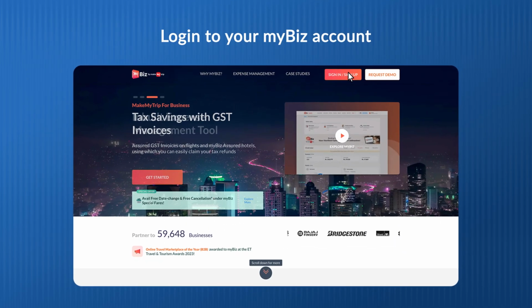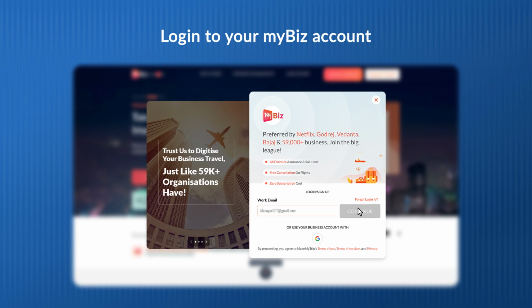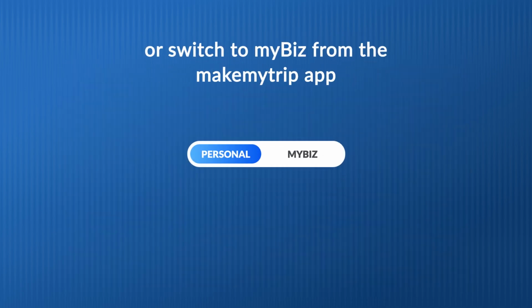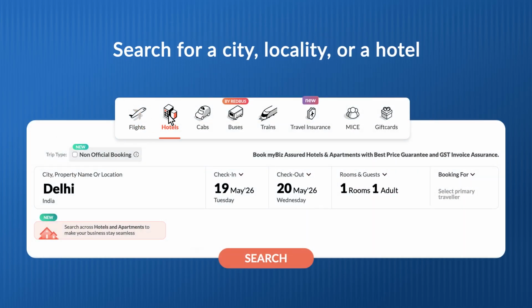Log in to mybiz.makemytrip.com or open the Make My Trip app and switch to myBiz. Tap the hotel's icon, search for a city, hotel or locality, set your check-in and check-out dates, room details and